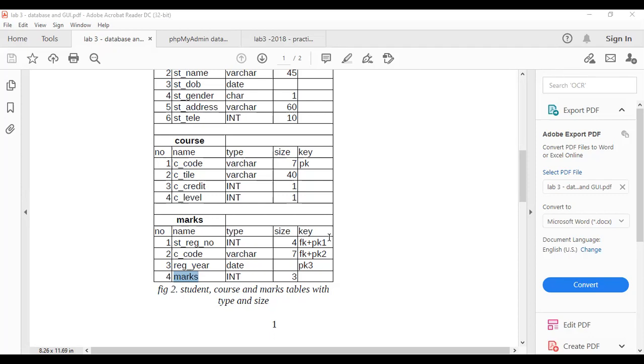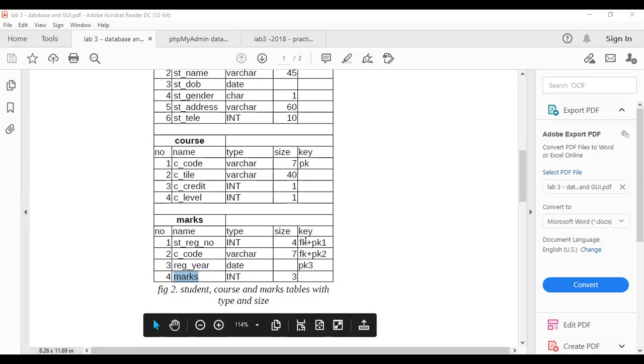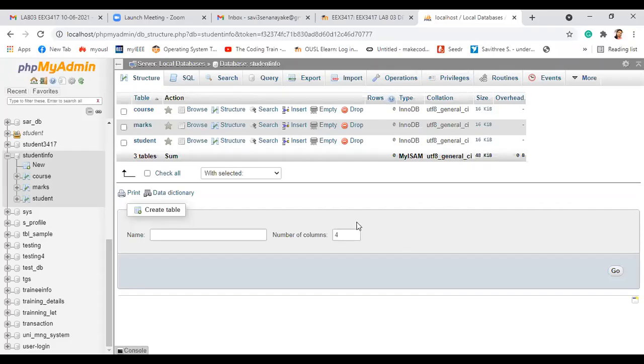No? Okay, let's create the relations. Let's create these foreign keys, right? So let me share my database again. Now I am inside my student info database, right? So here you can see more, and when you click on more, you can see design. So go to the design,